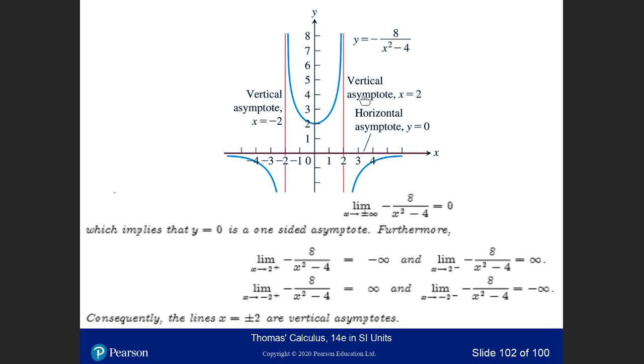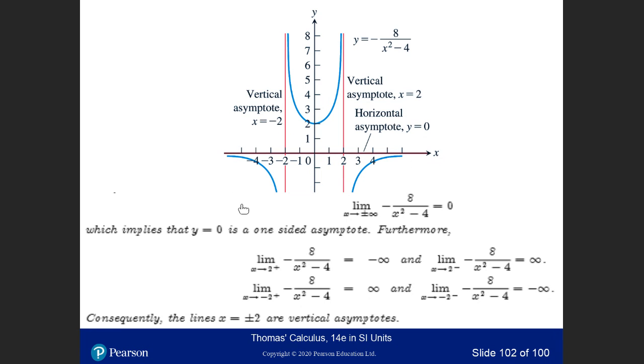Now, these are vertical asymptotes. How about the horizontal asymptote? When x goes to plus infinity, you have what? That's a negative number, and that goes to 0 from values less than 0. If I go to minus infinity, it doesn't make any difference because I have x squared here. Again, I approach 0 from below. Okay, so y is equal to 0 is a horizontal asymptote. And I approach this asymptote from below